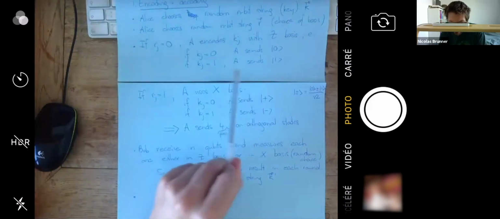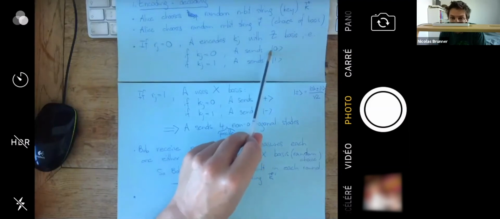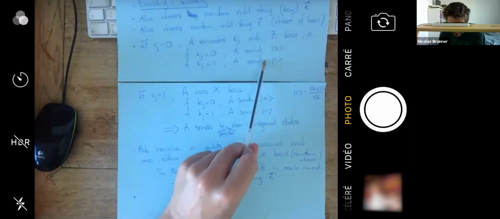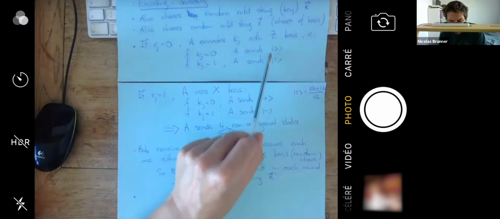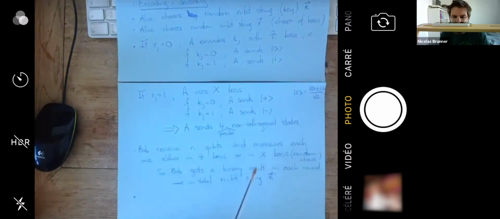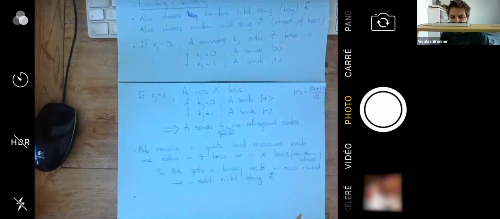And the reason is that, imagine that Alice chose the Z basis, so she sent one of these 2 states. And if Bob measured X, well, then it doesn't matter which state that is, for both of them the statistics will be random. So there will be no correlation between the result of Bob and the bit encoded by Alice.